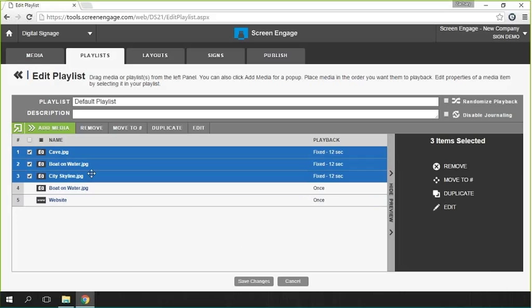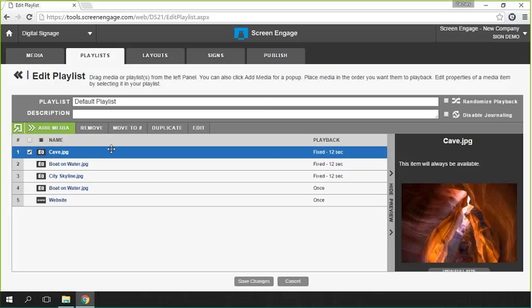Again, as you saw, there are some other more advanced functions that we'll talk about in the next video that you can also do to the items within the playlist, but this should give you what you need to get your first digital sign up and going. So once I've added my content to my library, put that content within a playlist, and adjusted it into the order and time which I want it to show on the screen, I'm going to hit the Save Changes button,